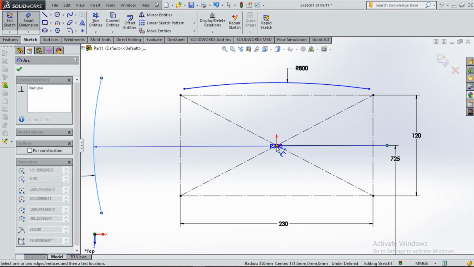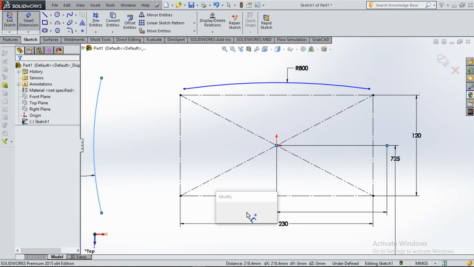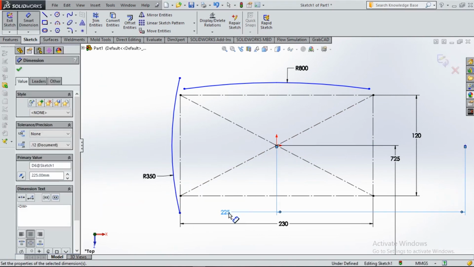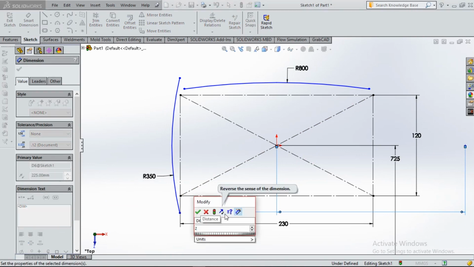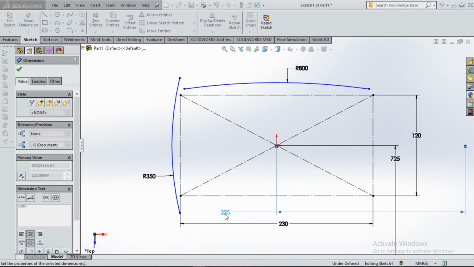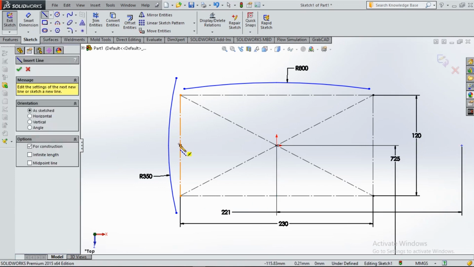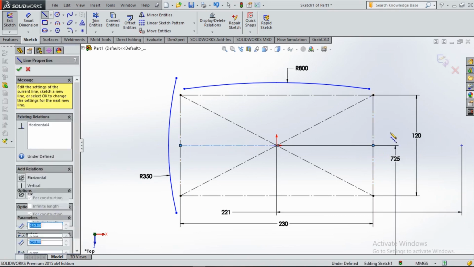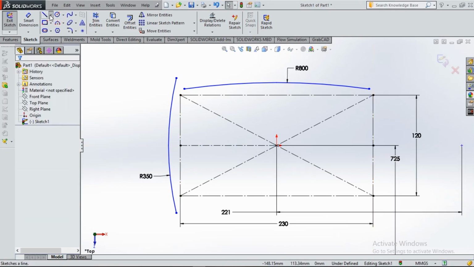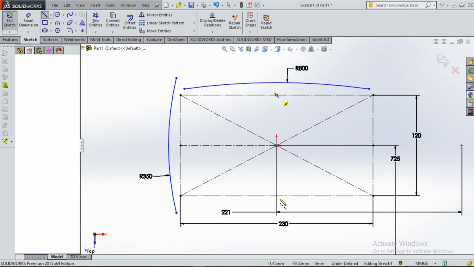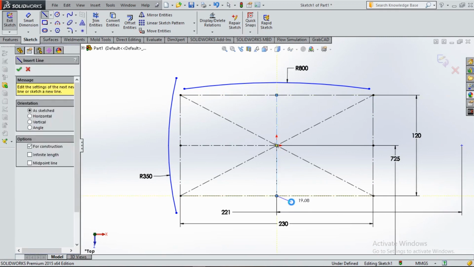It's best to give your sketches dimensions as you move along, so as to make your sketch fully defined. So there it is, I'm keeping it at a distance also from the midpoint. So I'm going to be mirroring those arcs so that I get a complete sketch that is a closed loop